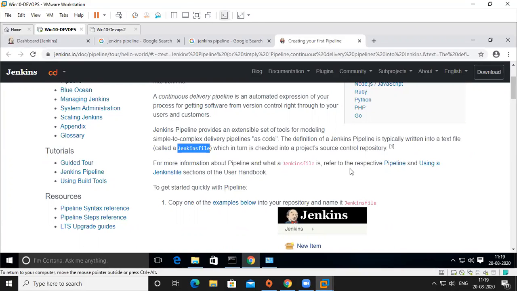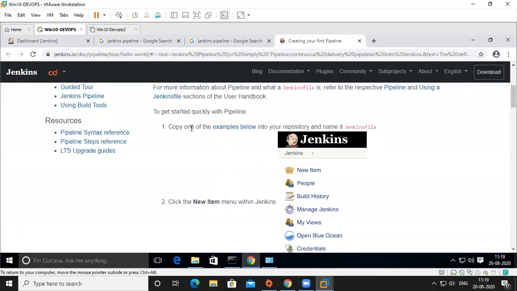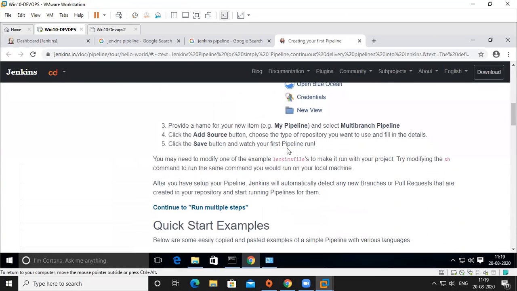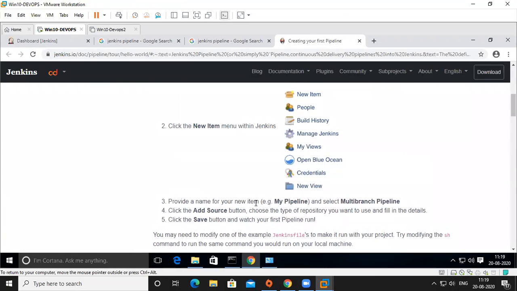The pipeline is referred to by using the Jenkinsfile. For more information about pipelines and what a Jenkinsfile refers to, you can go and search for it. Here, one example is given: copy one of the examples below for your Jenkinsfile. Okay, in the New Item menu, provide a name for the new item, for example my pipeline, and multibranch pipeline.